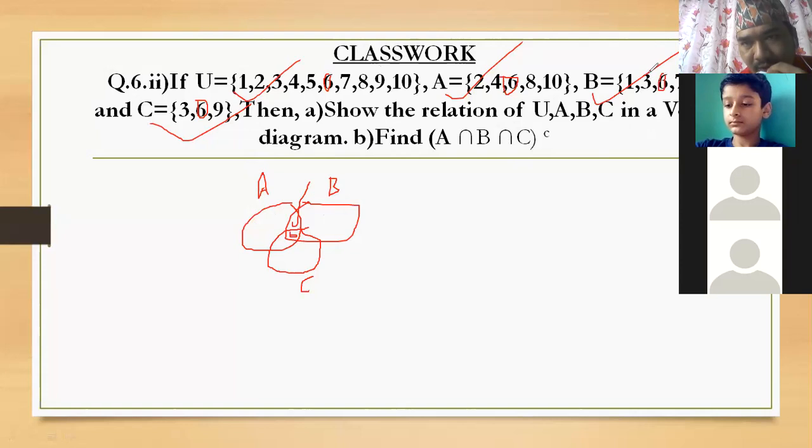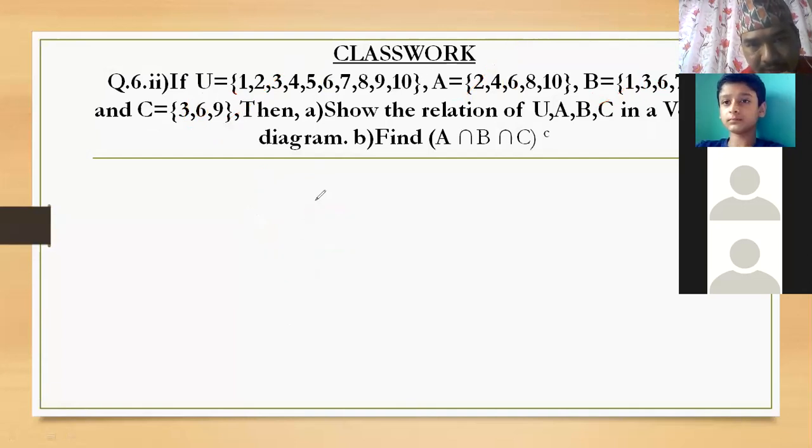Is there B and C only common? Sir, 3. You are absolutely right, Sarita. There is 3 common. Here is also 3. Look here. Here is 3, right? And here we will write B and C. Here you write 3. Okay, children? Yes, sir. Okay. This figure has become a little bit small. I am making it a bit bigger.